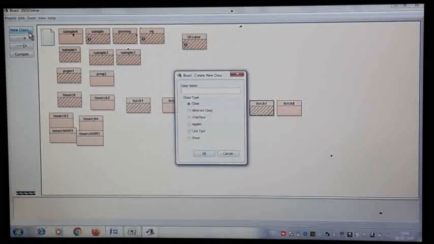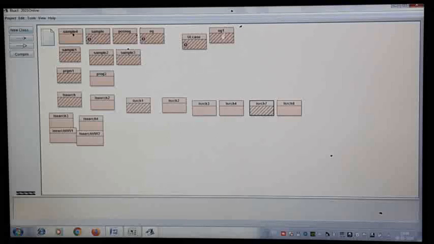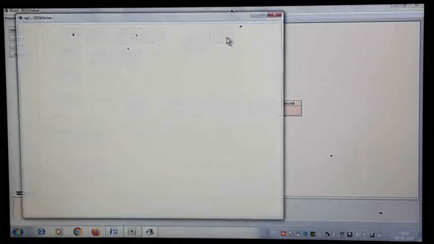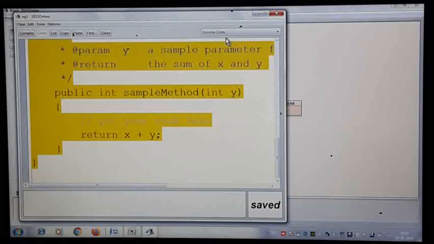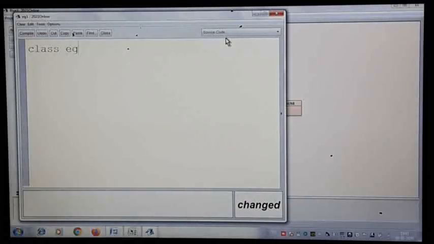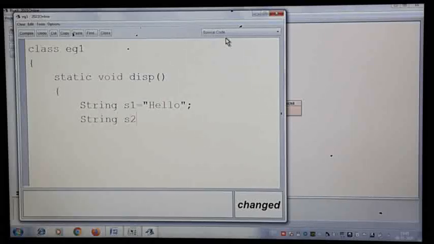Let me take one simple example and show you how exactly the command is working. To make you understand in a better way how equals or equalsIgnoreCase works, let me write one very simple example program. Example 1. I'll make the method static as usual, no need of an object. Let me take one string type data S1 which is equal to hello. Then I'll take one more, because to compare whether two strings are equal or not, I'll make one more in capital letters.